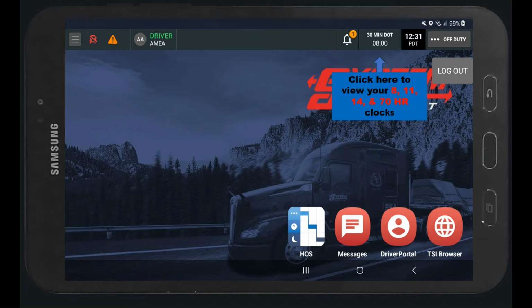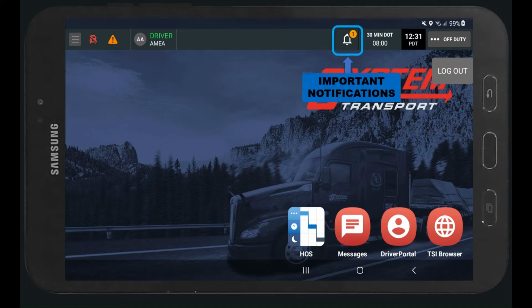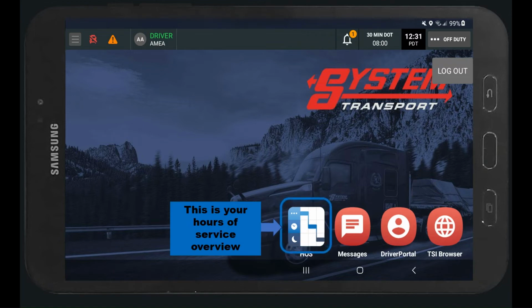You can access your 4 DOT clocks to review how much time you will have left on each of them. The clock with the least amount of time left will be displayed. This is a standard clock. It's set to run based on a 24-hour period, sometimes referred to as military time. You can access your notifications here, such as urgent messages from your driver manager. Also, you may find expirations on your licensing or equipment. You can go directly to the overview of your hours of service information here, which leads us to going on